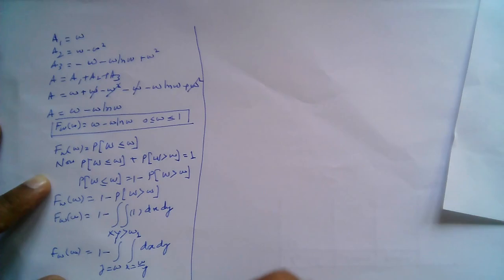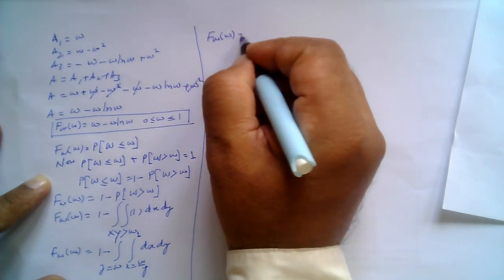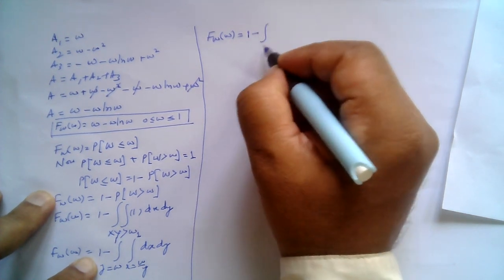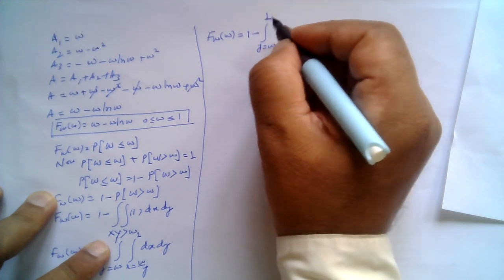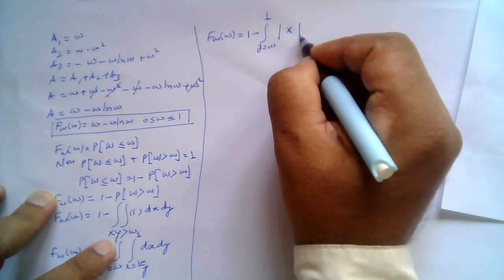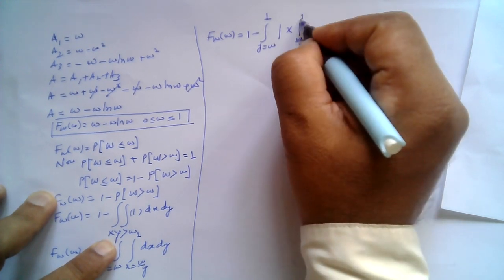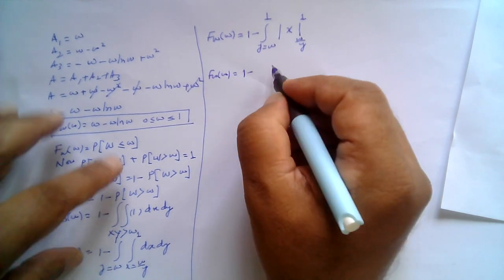Now we can integrate first with respect to x and then with respect to y, right? So y goes from w to 1, and we get x here, and x is from w over y to 1, and this is 1 minus